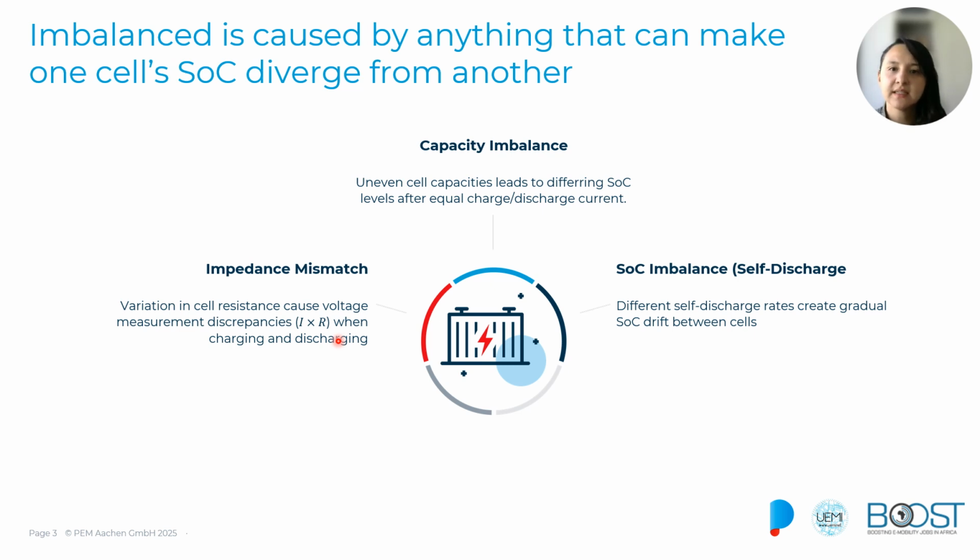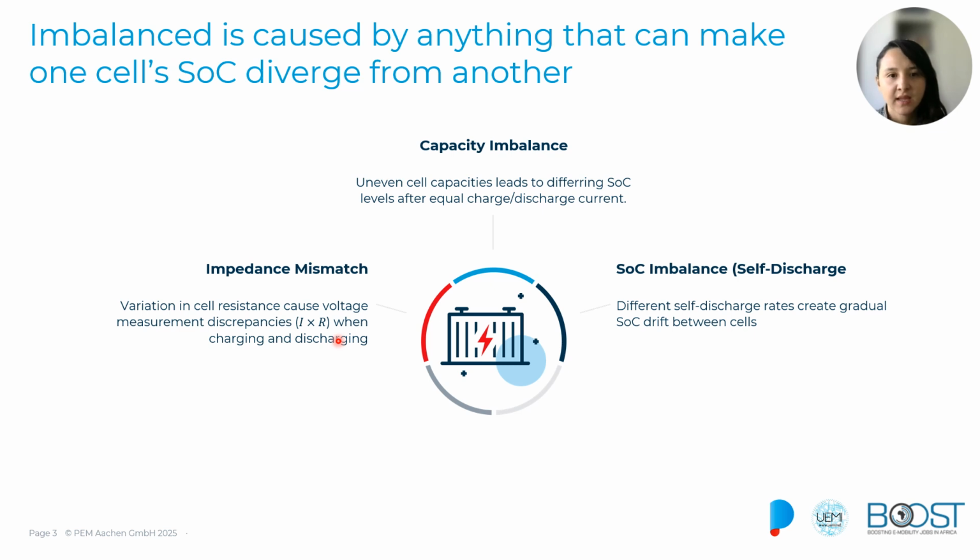Variations in the cells' impedance will lead to voltage differences in our battery pack when they are being loaded, that is, when we have current flowing through the battery. In this case, the battery cells that have higher impedances will generate more heat, and will also experience larger voltage drops, making them discharge faster compared to the other battery cells that have a smaller